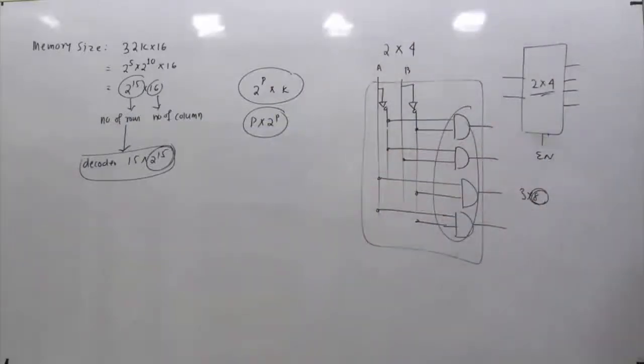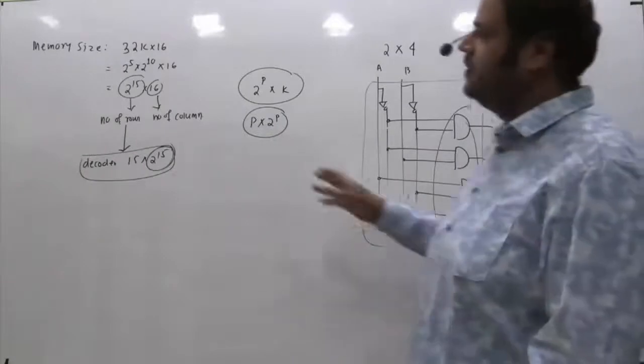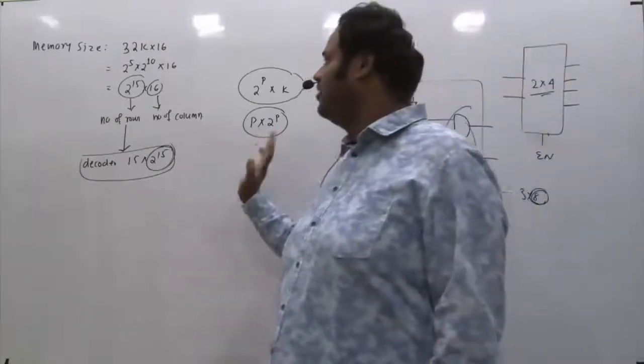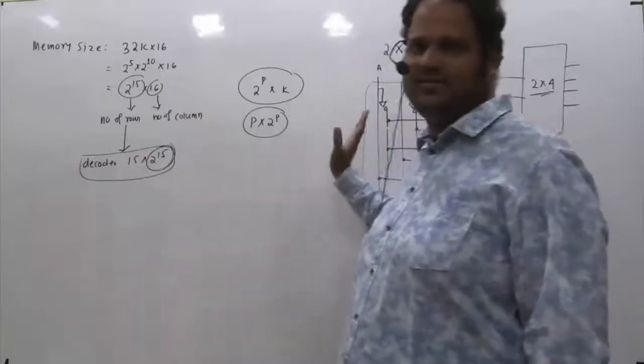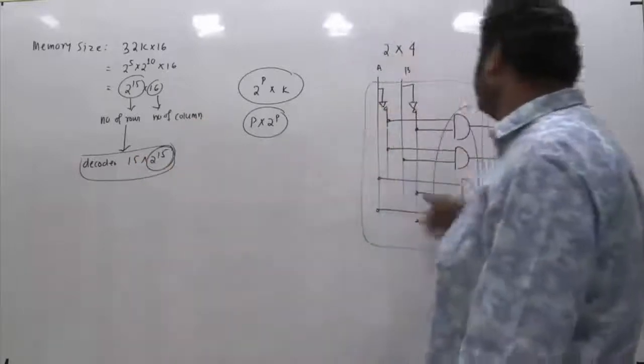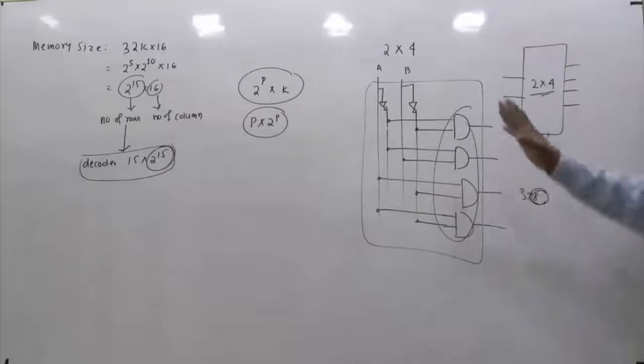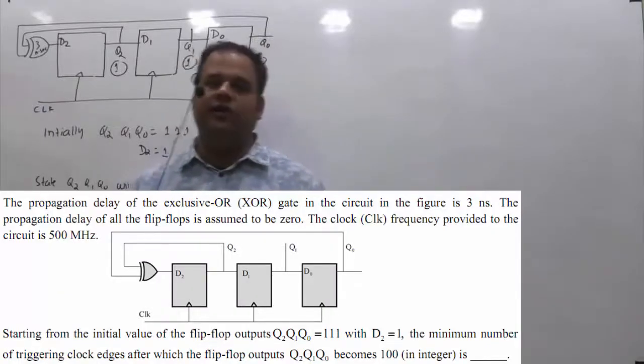So the first thing you should know is, if the number of rows is this much, it needs a decoder of this size. And if you know the decoder structure, how it actually looks internally, only then can you answer these problems. So based on these concepts, we can say the number of AND gates involved in this case will be 2 raised to power 15, and that's what one option is given. This is a 2 mark question asked in GATE 2021 of electronics.